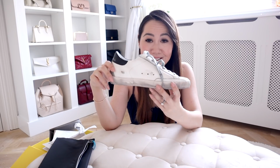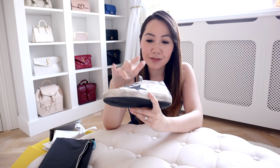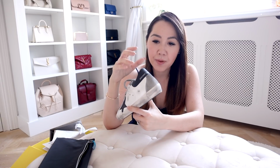So I went for these really lovely white ones with the black star. I love the fact the star does kind of pop a little bit. I saw a few different options like this, including some with a snakeskin back, but I really wanted the plain leather, and these do have the distressing all over. Never had anything like this before, and I feel like I'm always quite old when I look at these things, because it's not a natural thing for me to get why these would cost a load of money,